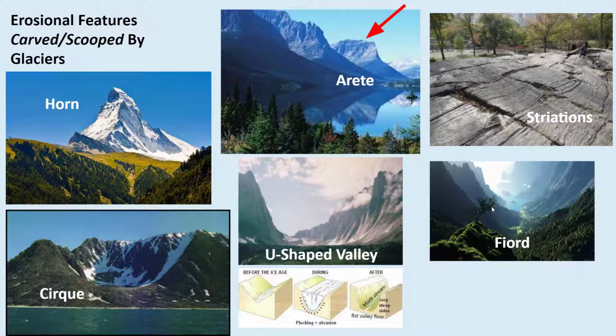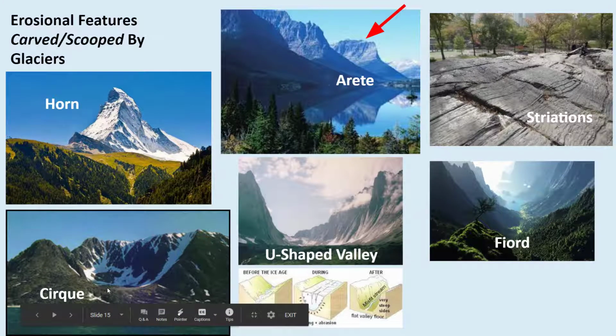When glacial ice is eroding, it carves and it scoops. Like this horn, essentially the rock has been carved away to make this shape. This arête, which is this kind of razor-like ridge, is something that's been carved. These striations, you guys, are evidence of a moving glacier. These little lines that you see here have all been carved by a glacier. This is a cirque, which is a bowl-like feature carved out. This is one of the things I'm kind of showing it to you down here.